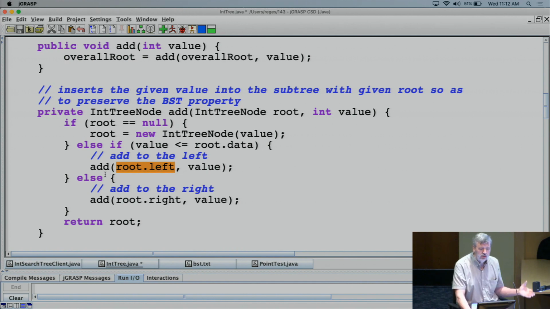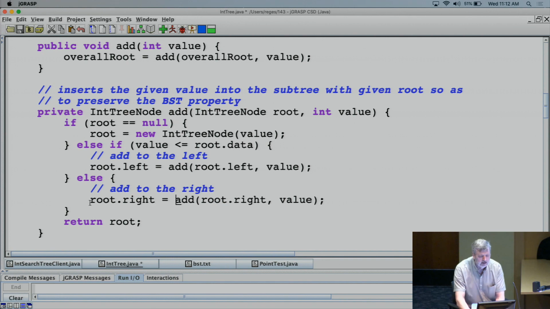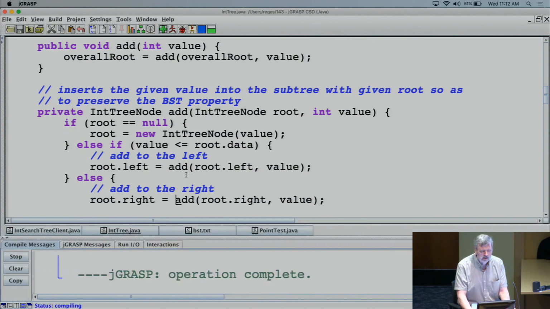So now it's root.left that's the thing that potentially I want to change. So x assign change x. Whatever x is here, here it's root.left. I'm going to say root.left is assigned to that. Here the x is root.right. And so I'm going to say root.right is assigned to that. So all that I did just now was to apply those 3 steps of changing this code into the